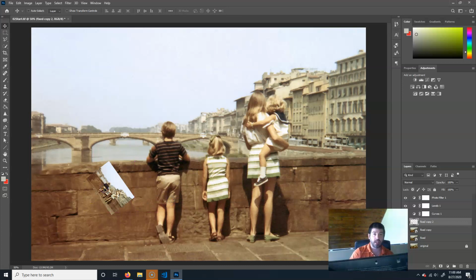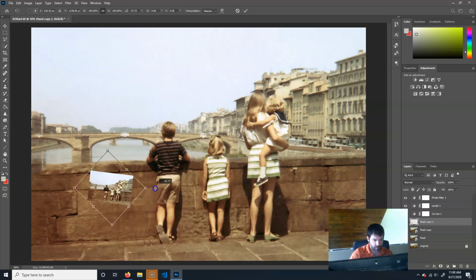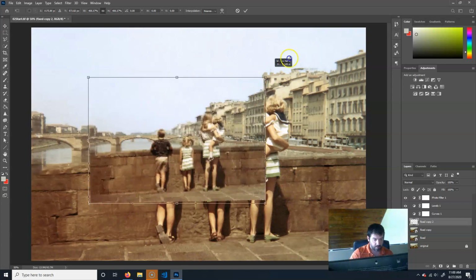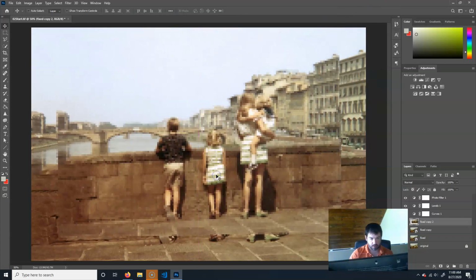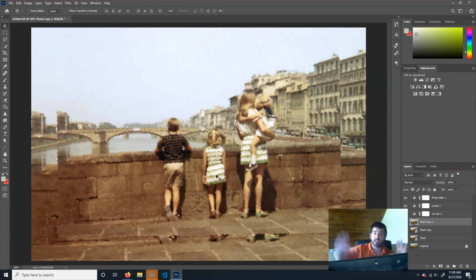And I'm like, oh, you know what? They need it big again. I'll Control T again, rotate it back. I'm going to do one at a time so it's a little bit easier. And make it big. And hit Enter. And what do you notice? It looks terrible. The reason why is that when I shrunk it down, it resampled the image, and then the